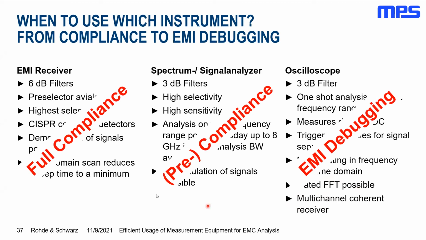Giving it a short grouping, of course, if you are interested in full compliance, then you'll have to use an EMI receiver at the end, because nothing else is allowed there. You'll need the CISPR compliant detectors. But the more you're going for pre-compliance and EMI debugging, the spectrum analyzer, as well as especially the oscilloscope,